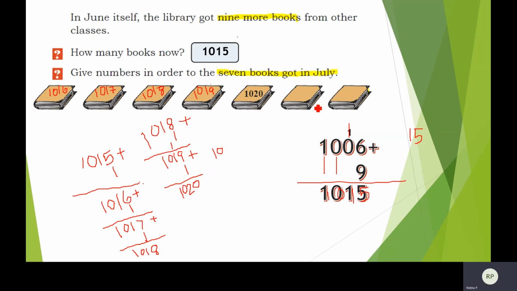So now these two I am leaving you as a homework problem. You have to find out these two values. So what you have to do: 1020 add 1, and that would be this book number, and whatever value you got for this book number, add 1 to that and you will get this book number. Okay, so these two things you do as a homework problem.